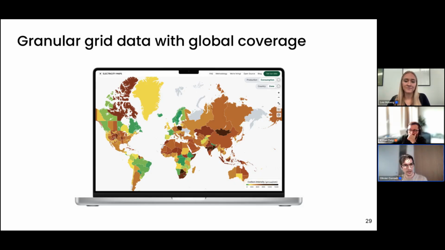Finally, we recently also announced global coverage, or almost global coverage. So you see, this is a representation of the map that we have on Electricity Maps. Every color represents the carbon intensity of the grid. Greener colors represent cleaner grids, and gray colors represent areas for which we do not have data. And you'll see we've been able to cover now a significant amount of the world, which means, quite bluntly, there's little excuse to say there's lacking data for particular regions, and that is prohibiting us from doing our hourly accounting. Well, we now have electricity data available, so feel free to reach out to us in case you're interested in